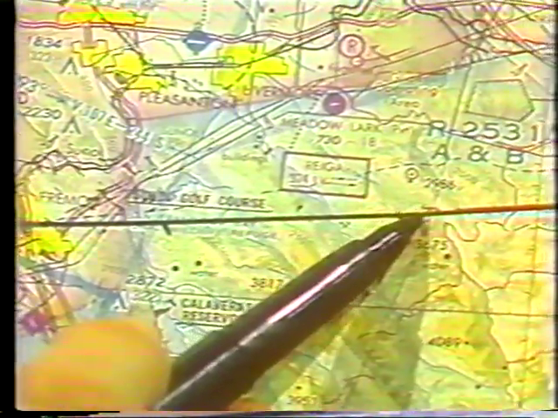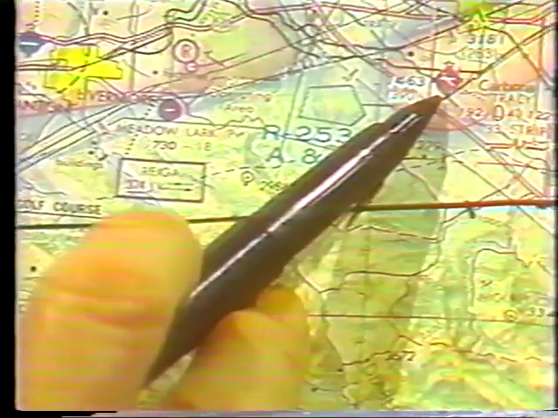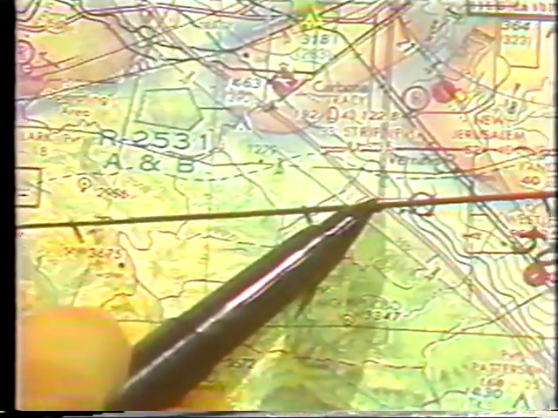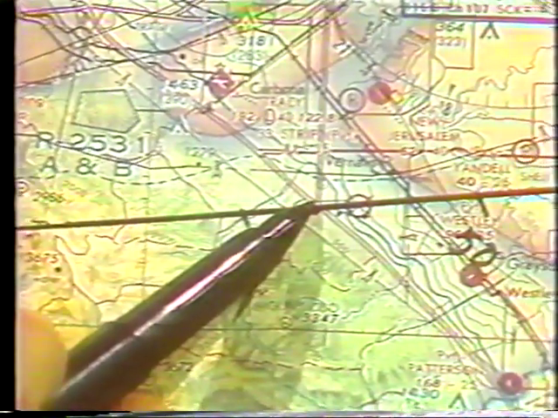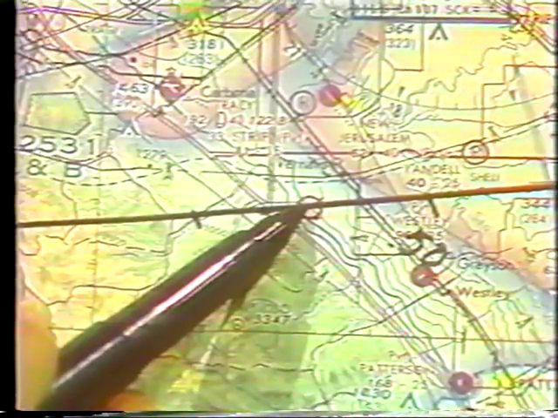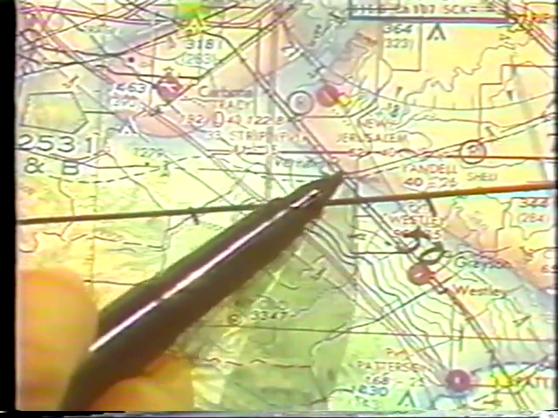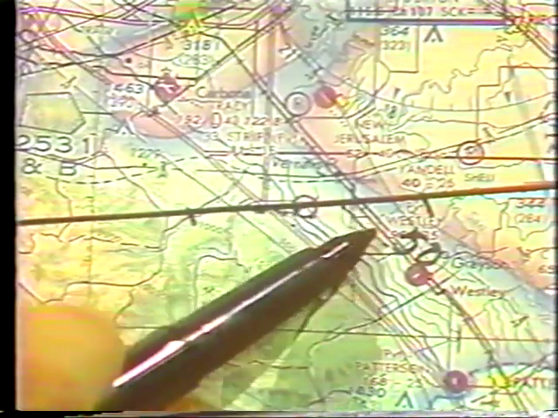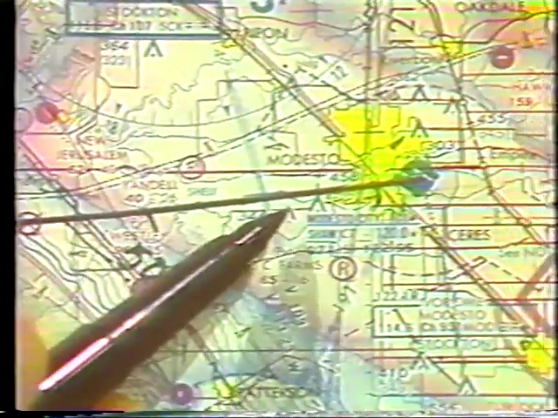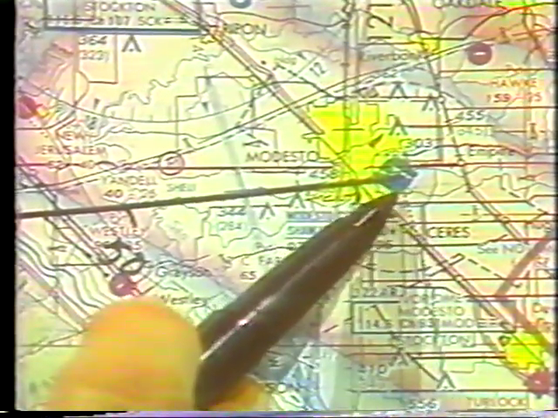Another power line crosses the course, and Tracy Airport is to the left of course. The course crosses a divided highway at a Y intersection with a second divided highway. Next, there are 2 canals which we will cross, an abandoned airport on the course, and a single railroad track which is paralleled by a highway which then crosses over it and continues paralleling it on the other side. Towers to the right of the course mark the city of Modesto, and finally the Modesto Airport itself.